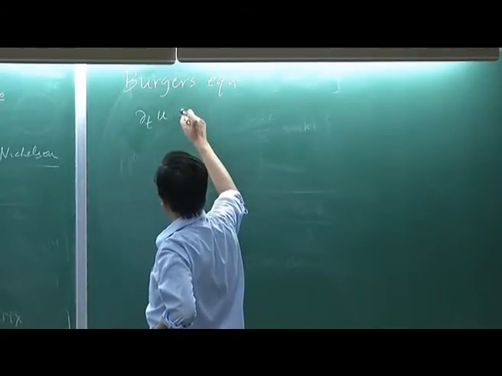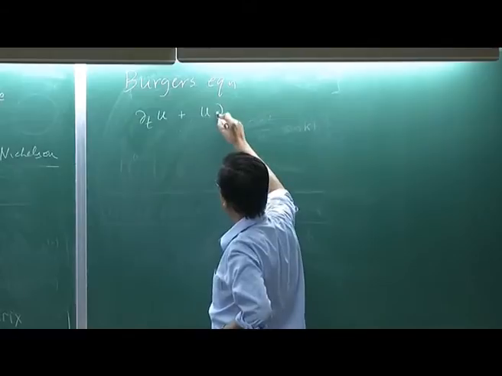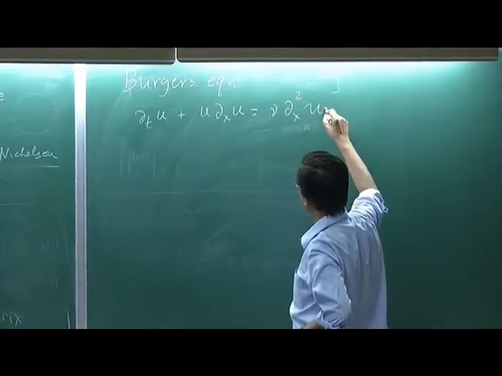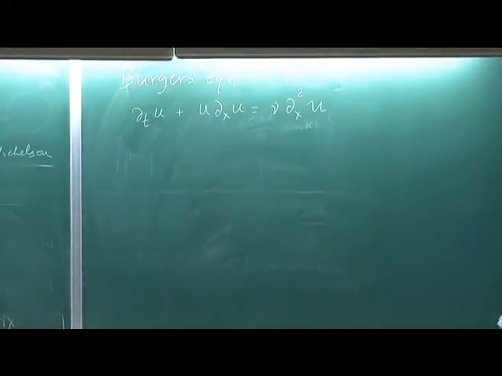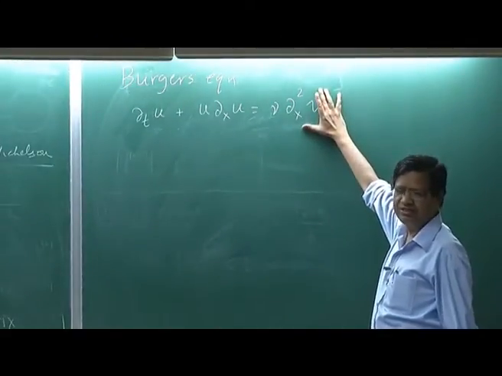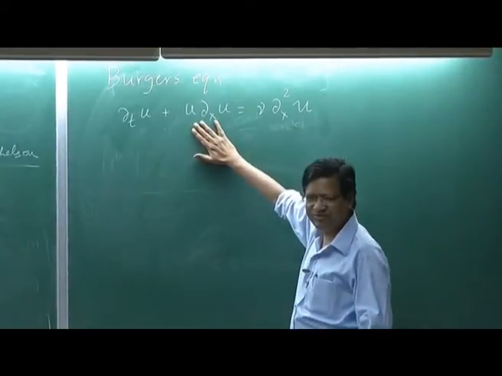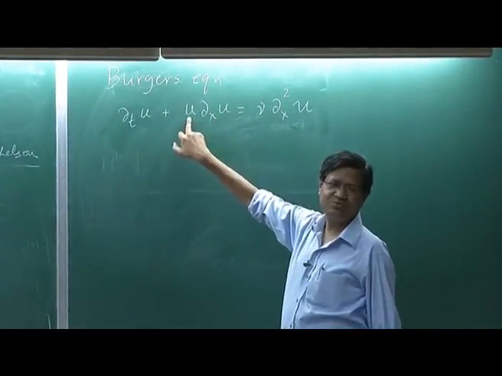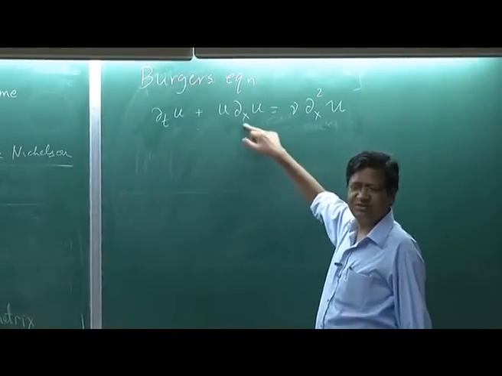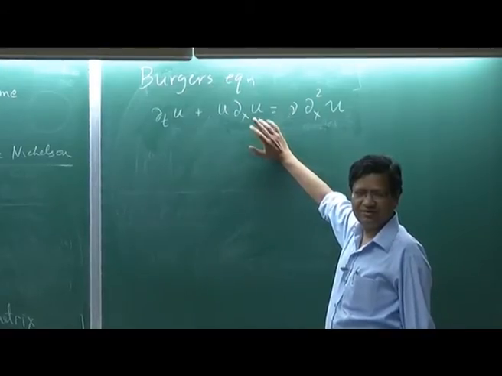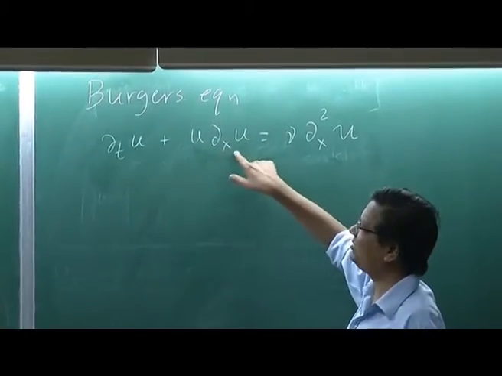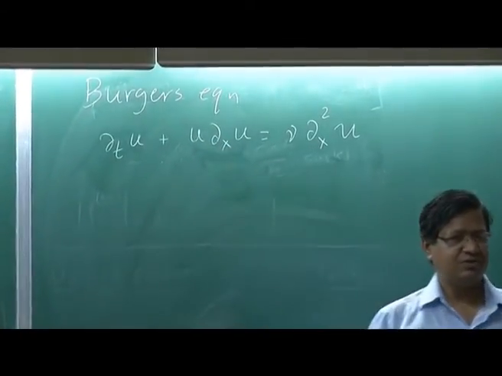delta u plus... Okay. Now, does it not look like a combination of the two? So, this is a diffusion term, and this is a term that looks like the wave equation, except that instead of c I have put u. Right, and is this equation nonlinear or linear? It is nonlinear because it involves a product of u and partial u.